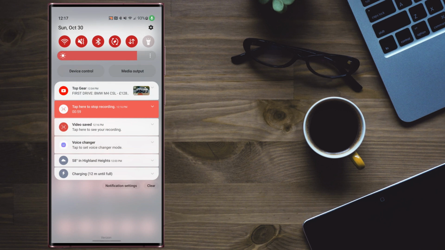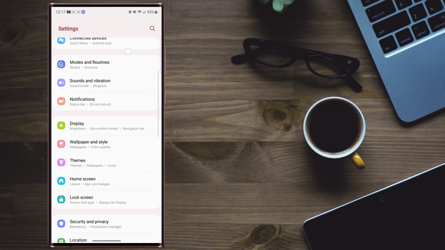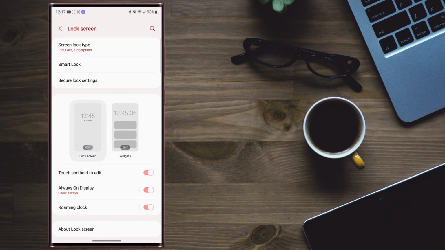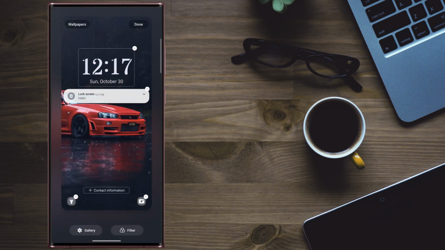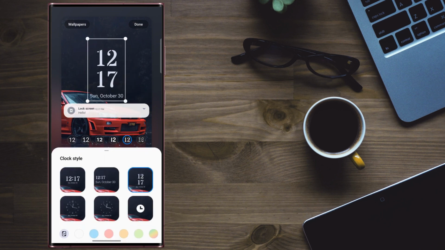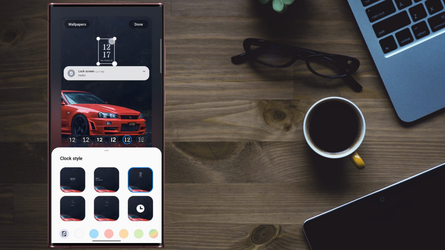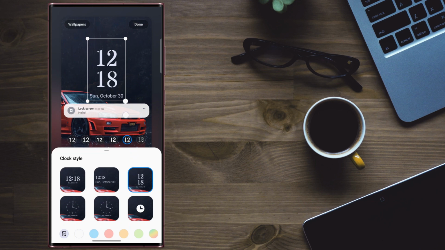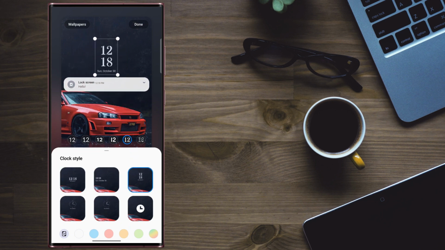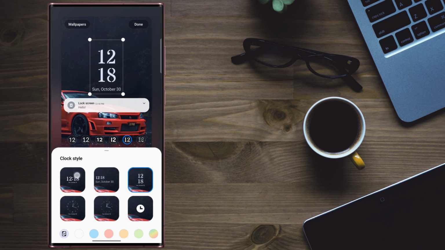The next big thing about One UI 5, if we come into our settings and we go into our lock screen, we can now click Edit. So as you can see here, we can now change the clock. So I'm going to say, okay, I want the clock like that. I can resize it, make it really small, really big, somewhere in between. I personally like it probably about that size,